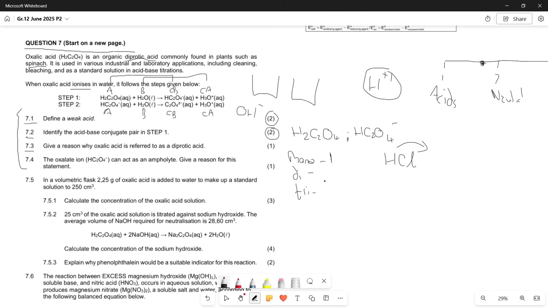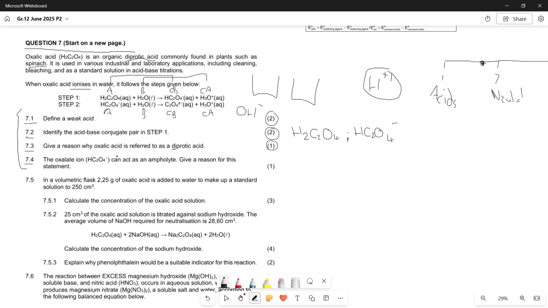It only has one H to give away. In this case, di is like this H2C2O4 or an H2SO4, for example, where we have 2 H's to give away. And then this is rinse and repeat, where we have an H3PO4, where we have 3 H's to give away for a triprotic. For our diprotic, it just means it can donate 2 H plus ions or ionizes to form 2 H plus ions. So this is 1 mark there, just mentioning that di has to do with 2. And it can donate 2 H plus ions, and these 2 H pluses are the 2 H's that it lost from here to here. They love that question, and then they also love 7.4,